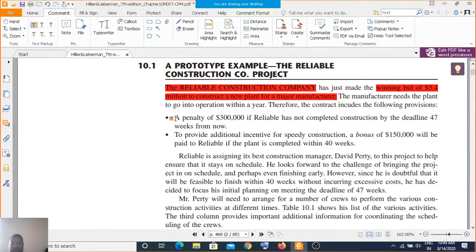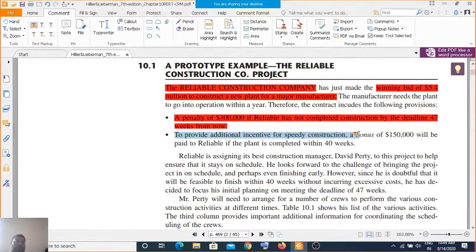There is a penalty of 3 lakh if Reliable has not completed construction within 47 weeks, and there is an additional incentive for speedy construction, within 40 weeks. So 47 weeks is the worst time, and 40 weeks is the optimal time. This is a special example of PERT and CPM.